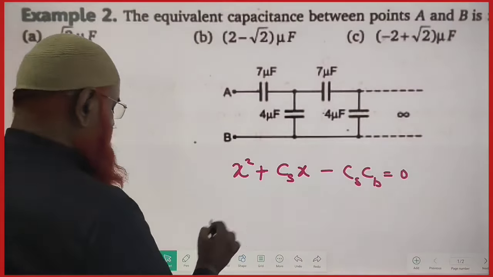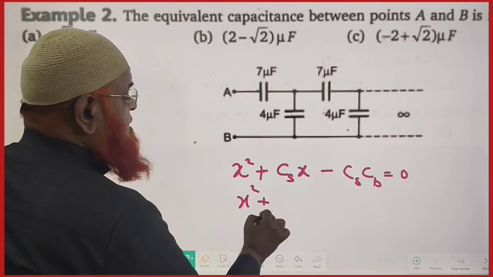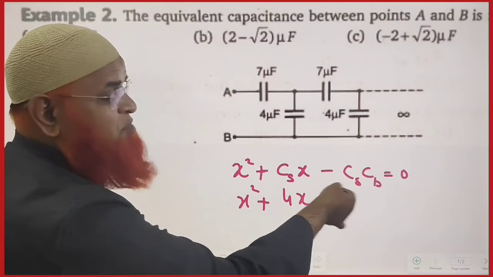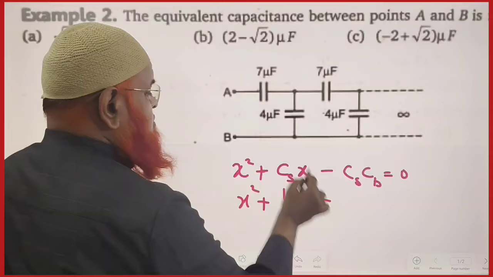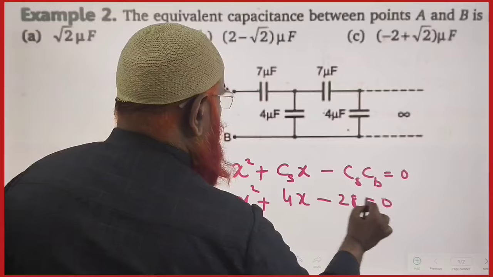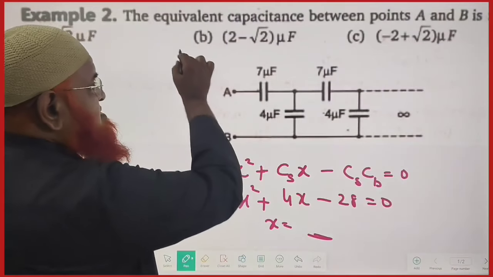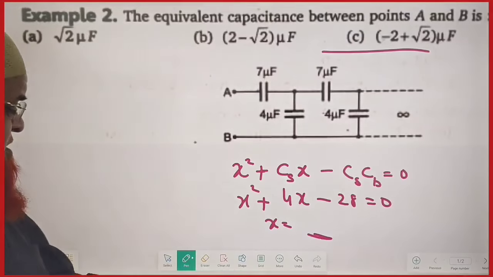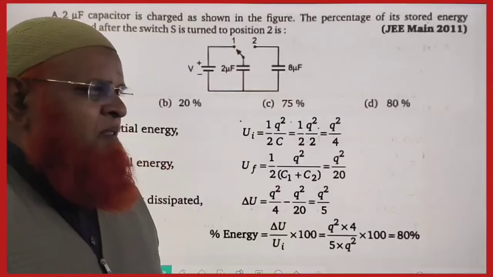बस क्या करना है यहाँ पर आपको, x² + c_smaller... यानी x² − (c_smaller + c_bigger)... यहां 4 इंटू x माइनस c_smaller इंटू c_bigger, खत्म। तो x² + 4x − 28 = 0, इसको सॉल्व करो x के लिए, आपका आंसर आ जाएगा ये वाला। बस सेकंड्स में आंसर, कोई परेशानी नहीं यार।